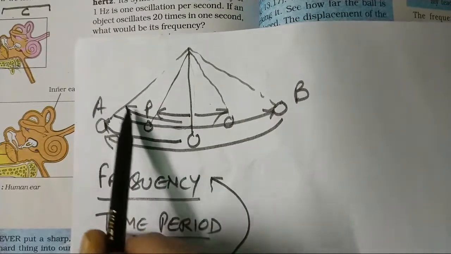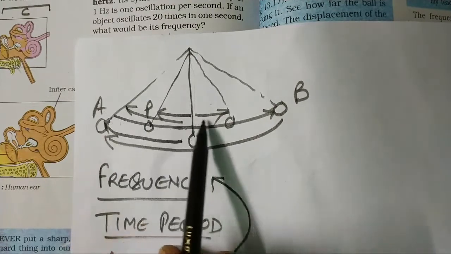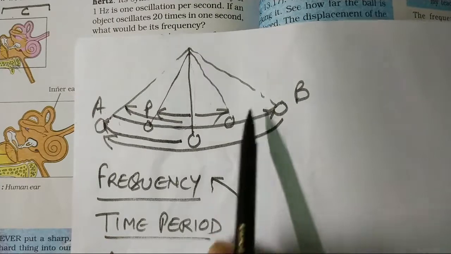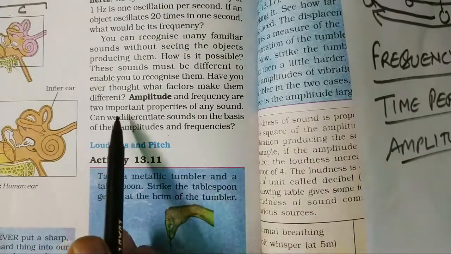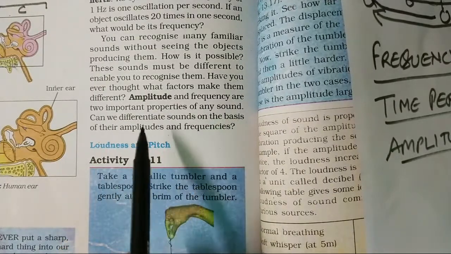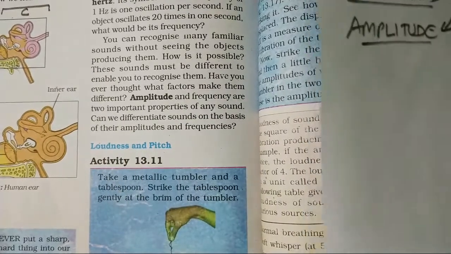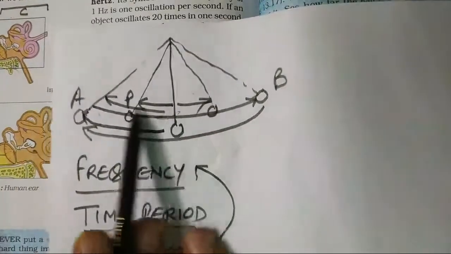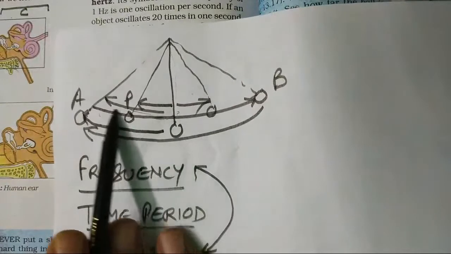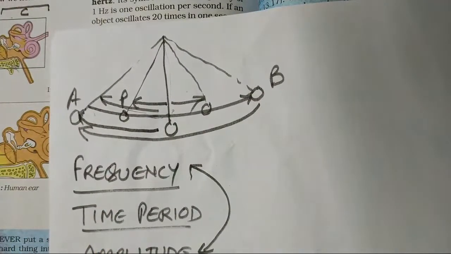So this is more amplitude. When the amplitude is more, it will move more to the other side. So in sound, we say that amplitude and frequency are two important properties of the sound, and the amplitude decides the loudness. It is like you are hitting an object. When you hit the object less, you will hear less sound. When you hit the object from more distance, you will hear more sound. That is the amplitude,